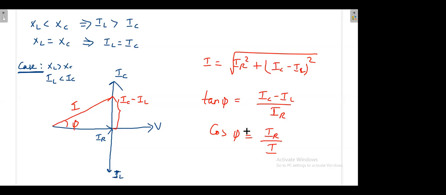Then what is the final nature of the circuit? Even though the capacitor and inductor are there, what is finally happening? What is the final relation between the current and voltage? This is the final current and this is the final source voltage. The current is leading, so this is called a leading circuit. Or otherwise, in some other way also I can tell this. I'll tell one simple way.